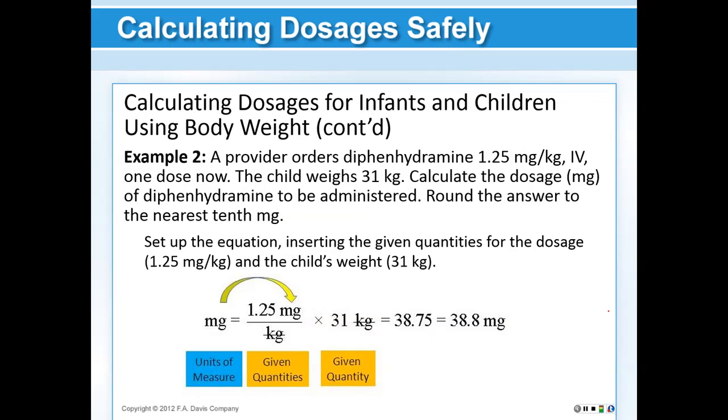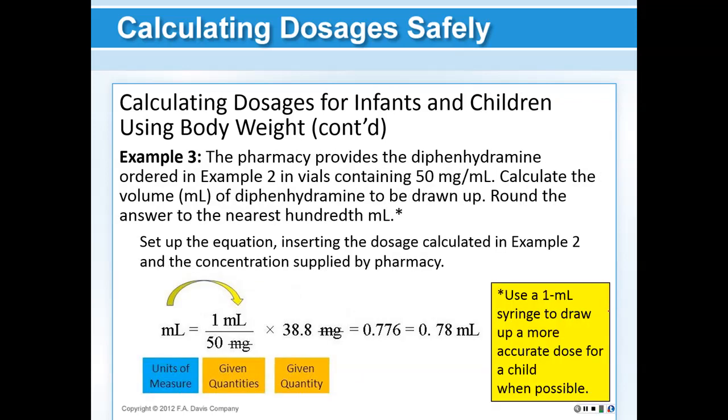All right, so here we've got another example, and if you want to challenge yourself, cover up the answer or the rationale, and see if you can come up with the same answer. Let's look at this third example. The pharmacy is sending diphenhydramine, or Benadryl, which was the order in example 2. So we took the weight from example 1 and figured out how many milligrams to give, and now we are going to figure out how many milliliters we're going to administer of